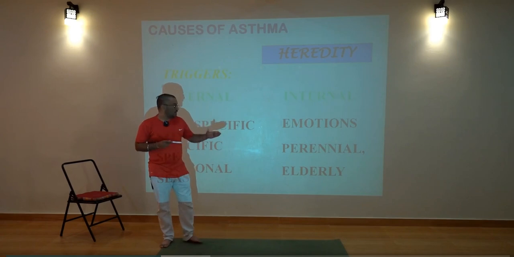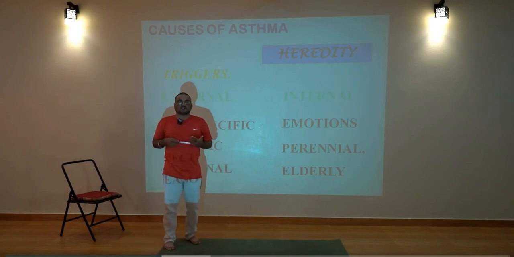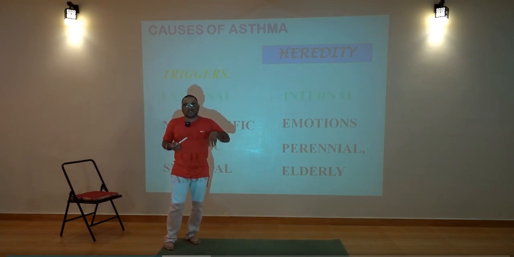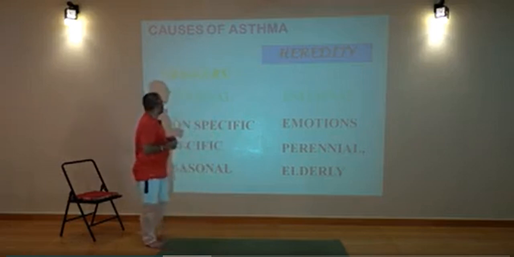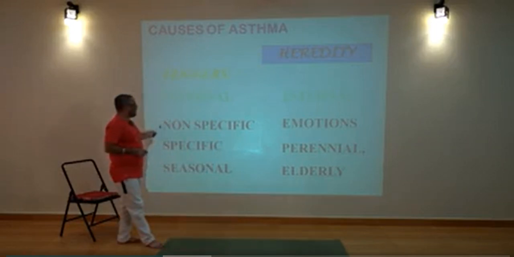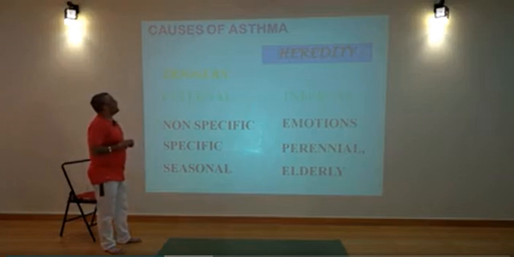And when it connects with things like season variation, the type of food, sometimes a genetic way, it can cause asthma in elderly people also. So this is what we say: external factors are non-specific, specific and seasonal. Internal ones come from the emotions, perennial and elderly people. So if we go to the next one after this,